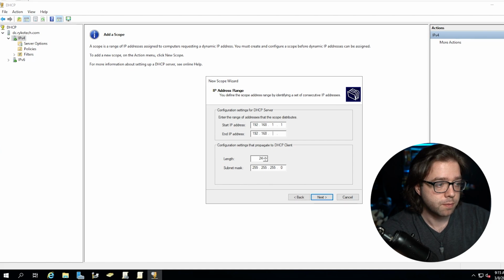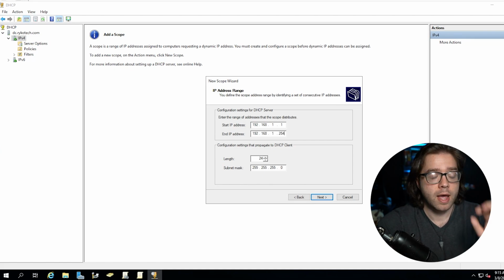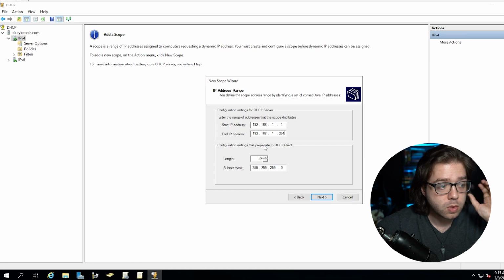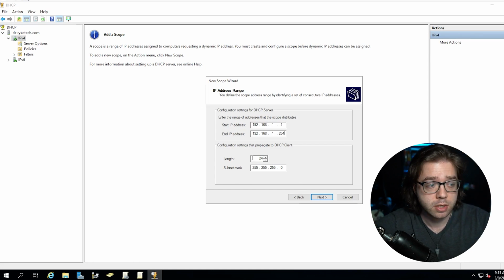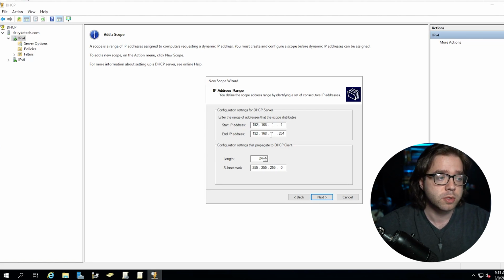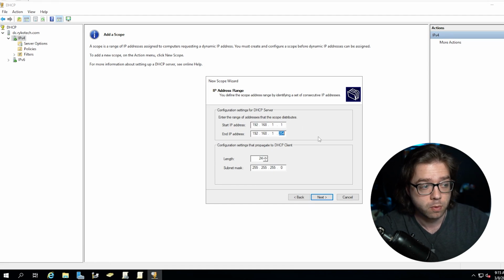Generally speaking, if you are at home, you will have a 192.168.1.1 address range. If you're in an office or a business and things like that, there'll be different types of address ranges, something like a 10.0.0.0, and then you can assign anything in between here. For us, for home networks, the most common thing to have a range for is basically from 1 to 254. Okay, this is your start and your end. That means all of the addresses in between here are able to get assigned from any device that talks to